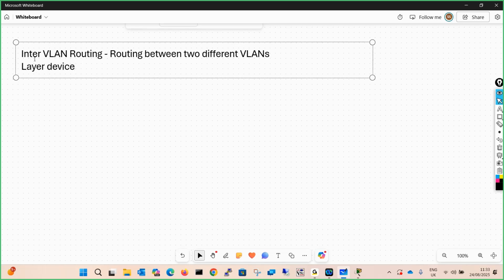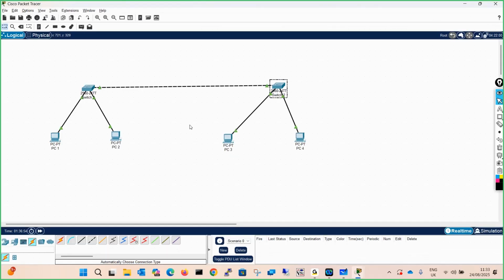Now, we will discuss some important concepts, the different types of switches available in the market, and after understanding their functionality, we will proceed with inter-VLAN routing. We will be making some changes in this lab, and right here we will do the inter-VLAN routing. So now you just have to listen to me. You can close your Packet Tracer. It's not required for now.